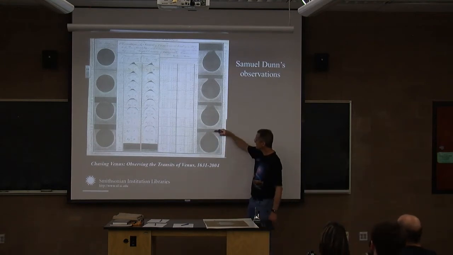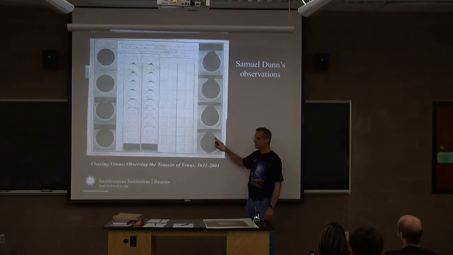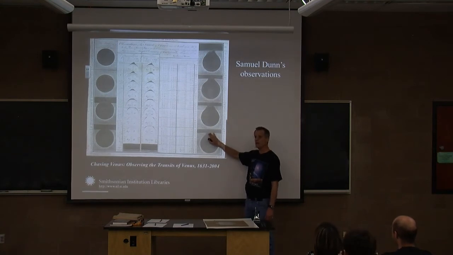Notice with Venus just inside the disk of the sun, the edge of Venus sort of smears towards the edge of the sun. This is a real effect. You can see it by eye. You can take pictures of it. It's called the black drop effect.